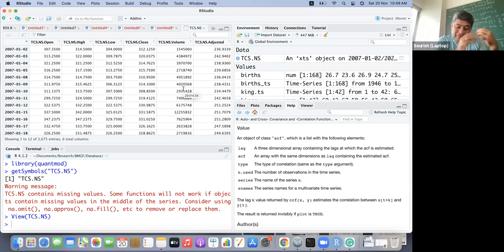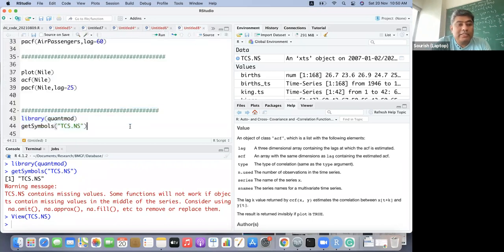It's basically a different object called a time series object, an extended time series object with all kinds of features of the data frame. So all the data frame features you will have here as well.